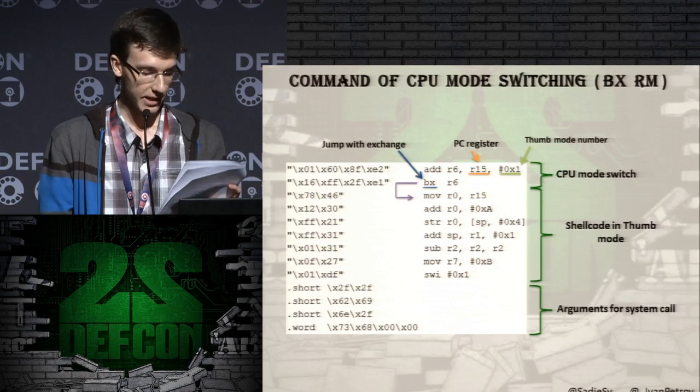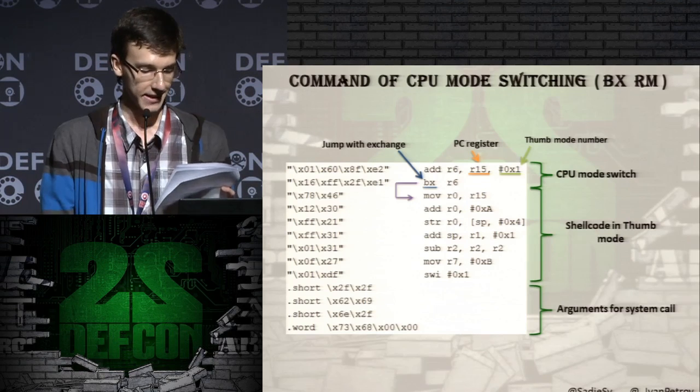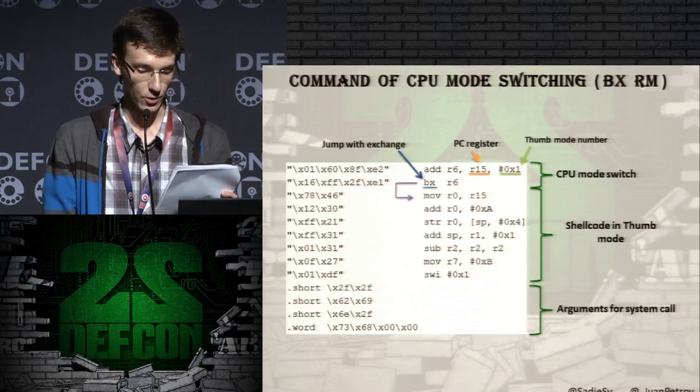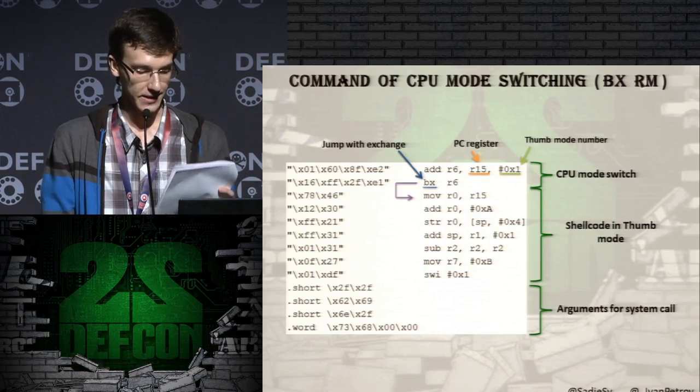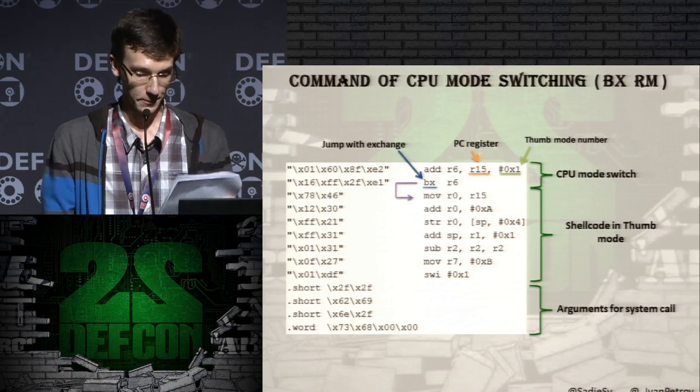But if the attacker is not burdened with the size of the shellcode, he can go further. He can use this technique for obfuscation. One can divide the code into small parts and write every part in a processor mode that is different from the preceding part of the code.